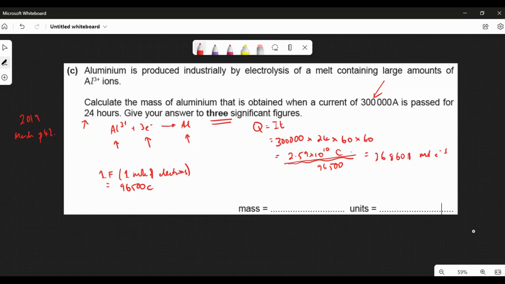This number would go here, underneath the 3 electrons. And to get the number of moles of aluminium, I divide that number by 3. So the number of moles of aluminium now is equal to that number divided by 3, and I get 89,533 moles of aluminium. Now to get the mass of aluminium, I'm going to times that by 27, which is the relative atomic mass of aluminium. And I get